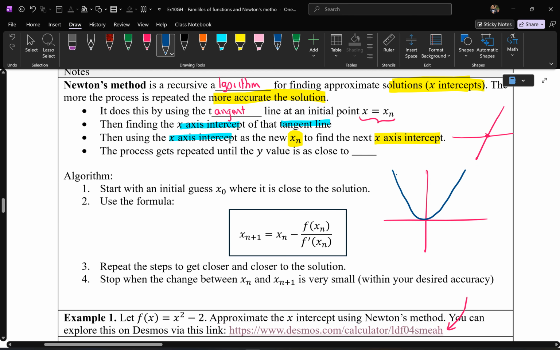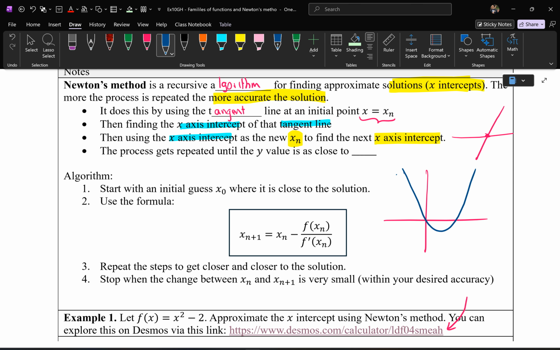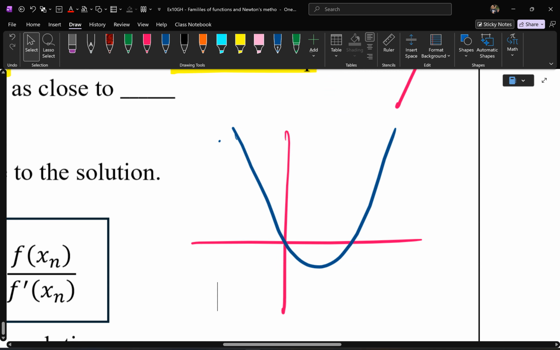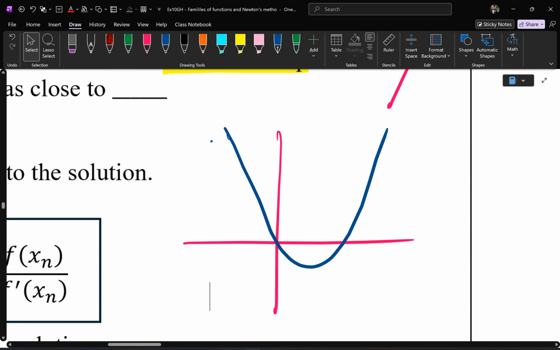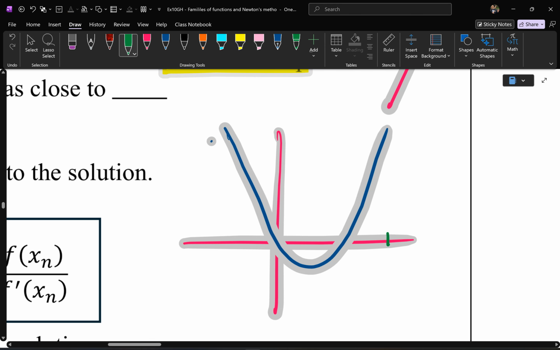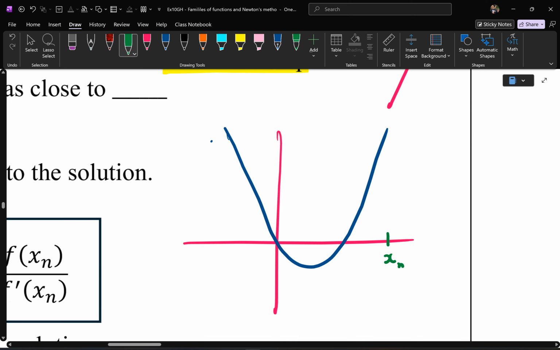Say you got a quadratic graph that looks like this. Actually, no, I should get some x-intercepts. Let's say it looks like that. We know the x-intercept is somewhere here, right? And we usually solve it by factorizing it, and then we solve it using null factor law. But say you get an equation where you can't factorize it, and you don't know how to solve it, right? It doesn't work out nicely. So what Newton's method says is you pick out an xn, so an initial point,